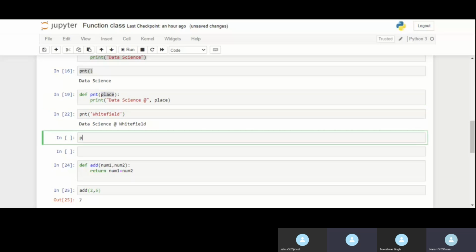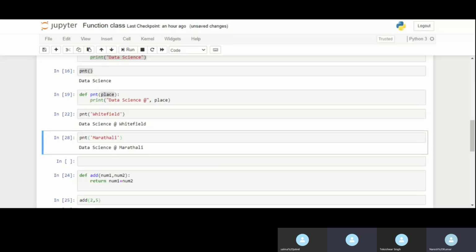So if I say Marathahalli, for example, it will print me datascience@marathalli.